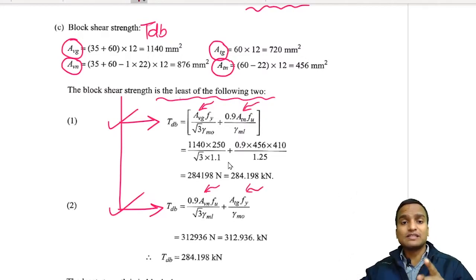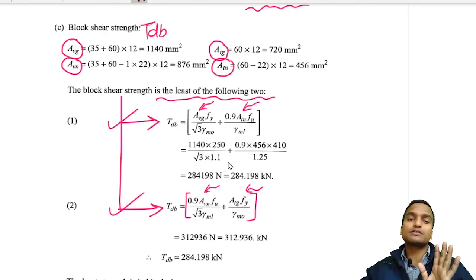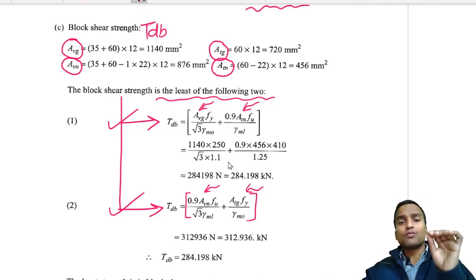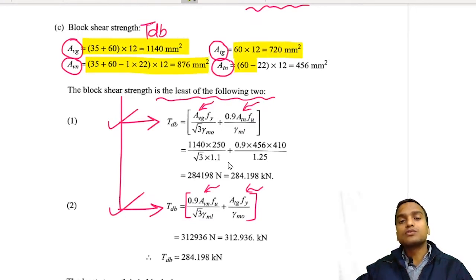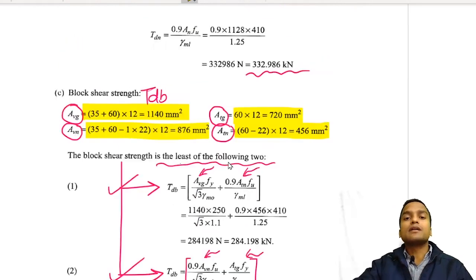Okay, so if you look at it carefully, you will surely guess the clue behind these two formulas. This is not very difficult. The only thing you have to take care of is the calculation of these four values of areas. And how to do this? Let us first see our diagram.